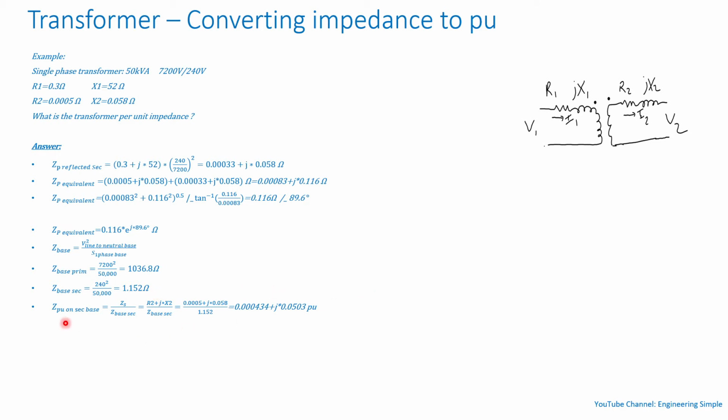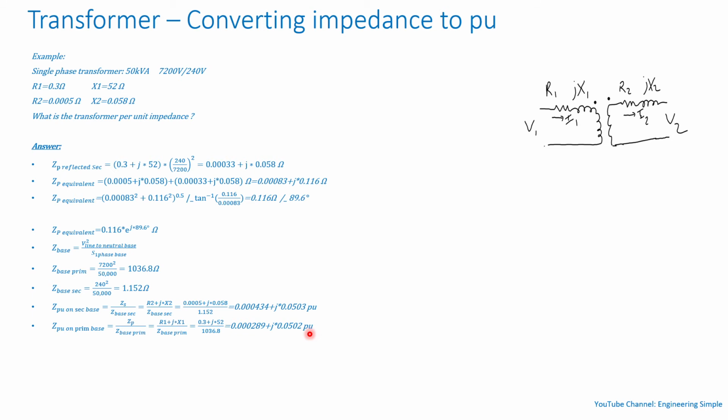So now the per unit impedance on the secondary base is just the secondary impedance divided by the base of the secondary impedance. So if I just plug in numbers, I'll get this value here. Now if I do the calculation on the primary side, the actual impedance, which is just for the primary side, is 0.3 ohms plus j2 ohms. So that's what I have here, divided by the base impedance for the primary side, which is calculated here. So I get,